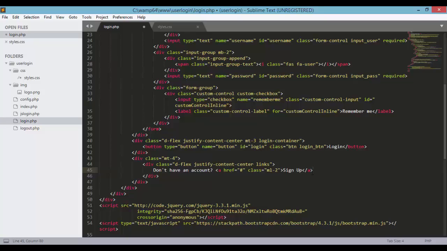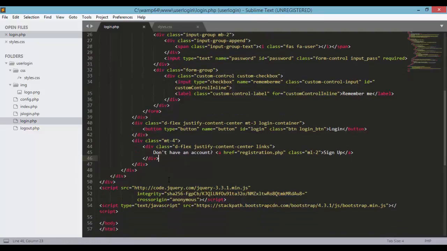So as I've said, this is only optional. If you want to implement this sign up, you could put in the link. Say for example, the link will be registration.php. So you could put the link here,